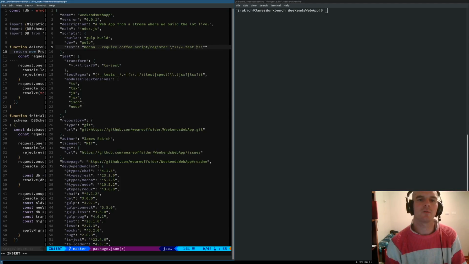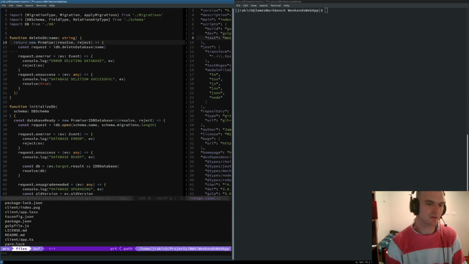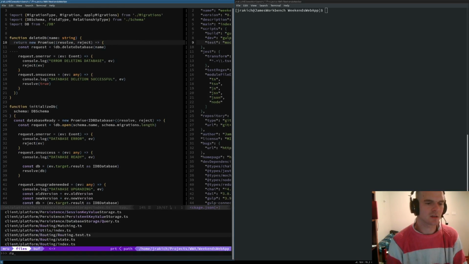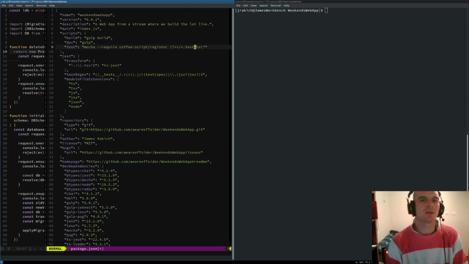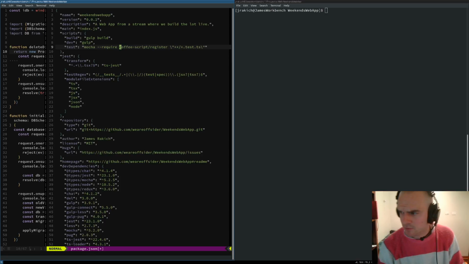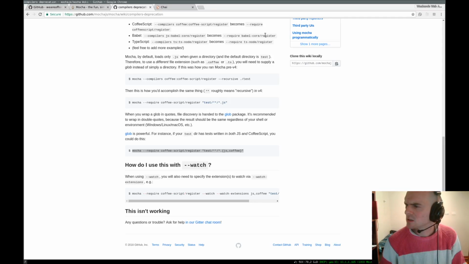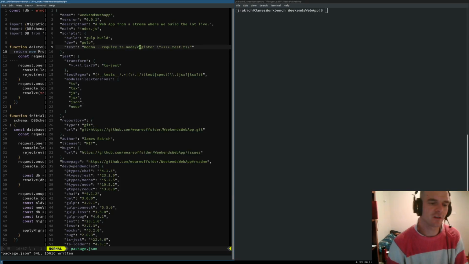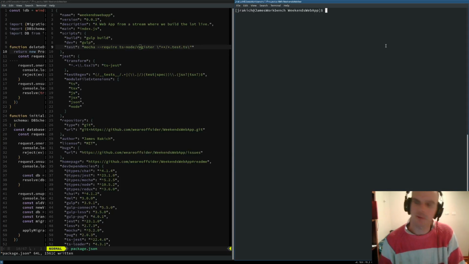We'll just start off with test.ts, because I believe that's what we've got, right? Test.ts, state.test.ts, and routing.test.ts, okay? So test.ts is sort of our baseline there. We also need to have something for requiring, which is ts-node. So we'll use ts-node/register here and just see what happens. We might have to change that, but anyway, I'm just going to follow the instructions and see what happens.